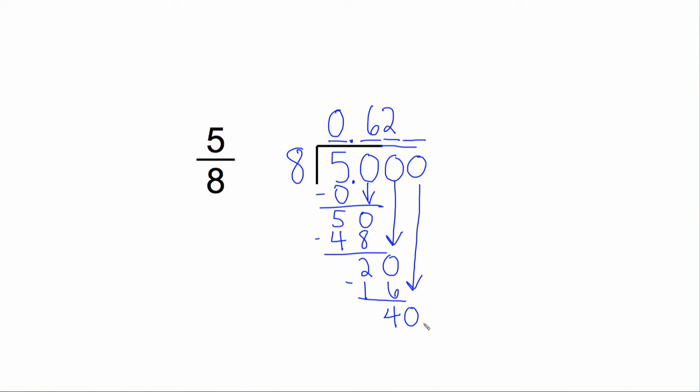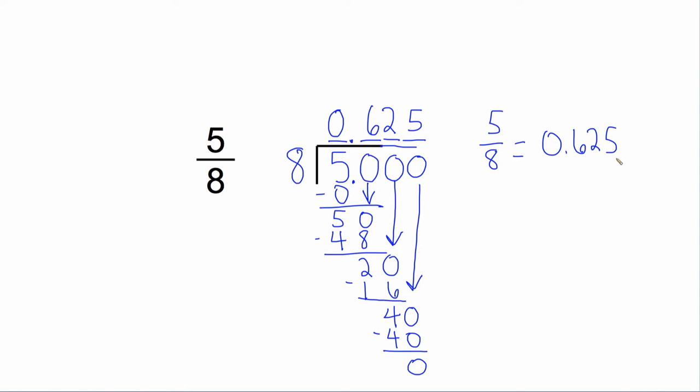Now, 8 goes perfectly into 40 5 times. 8 times 5 is 40. Subtract, and you get 0. So here's another example of a terminating decimal. We had to go a little bit further, but we finally got that 0, so we know that we're done. 5/8 equals